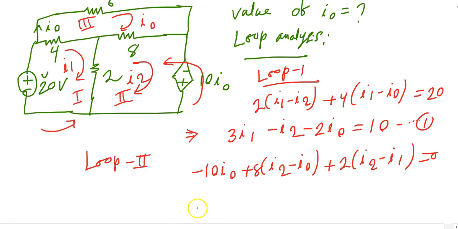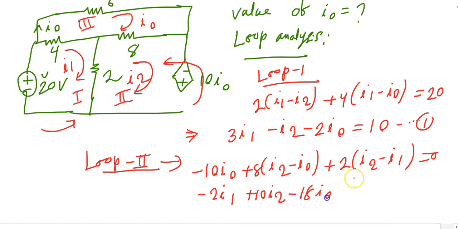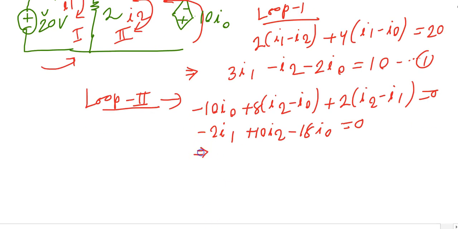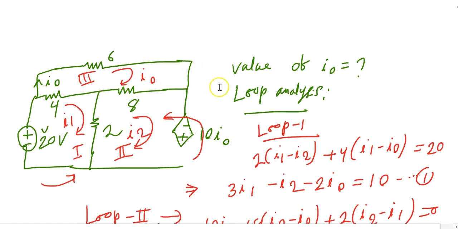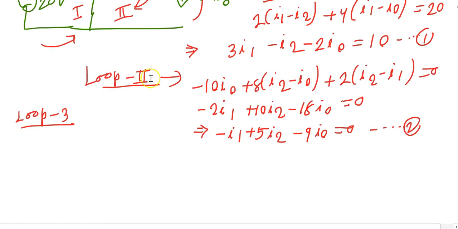From this you will get minus 2. This is your equation 2. Then loop 3. In loop 3 you will be traversing this way. So first one will come 6I0. So you have 6I0